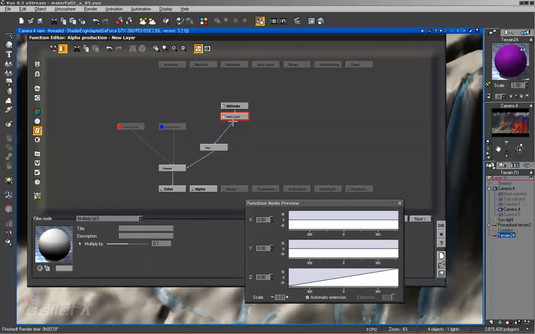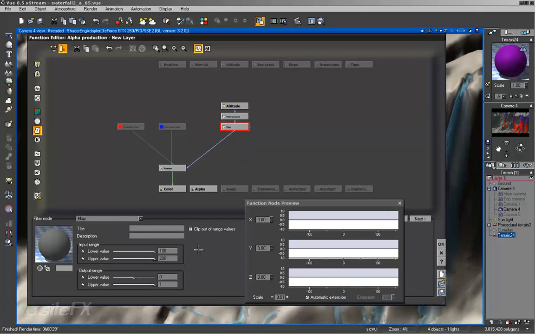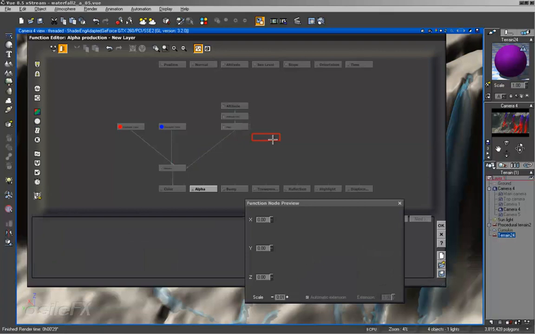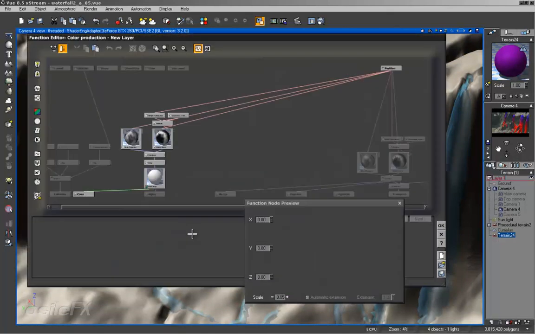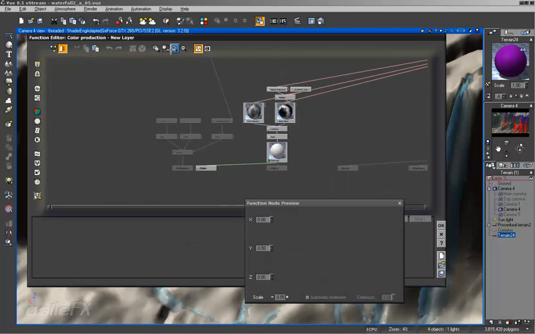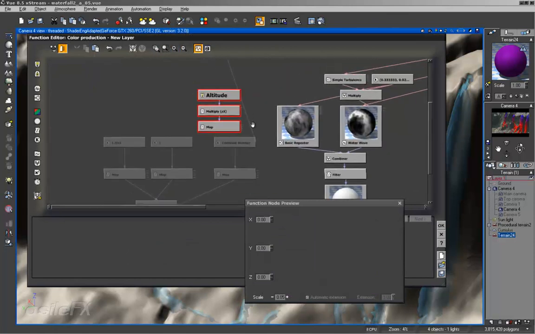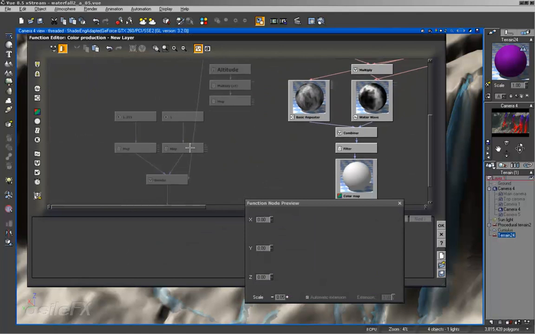So basically what I have is the multiply by 0.1 from the altitude, and the map is set to output range 0 to 1, which is what controls the ratio from 0 to 1, and then the lower value 100, upper 200, so that's going from 100 meters to 200, or roughly. So I can go ahead and just copy this, click OK, go to the waterfall, edit the function, and paste that in, and delete the current connections,